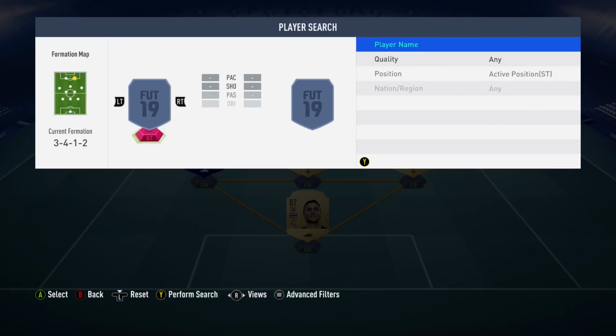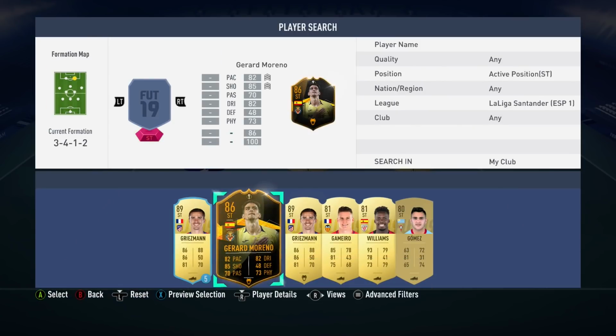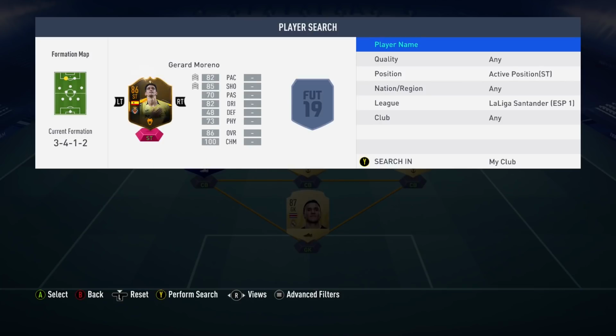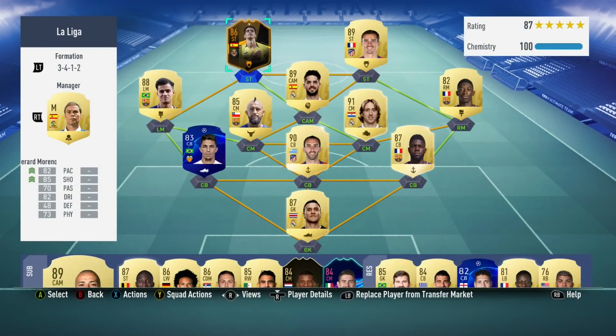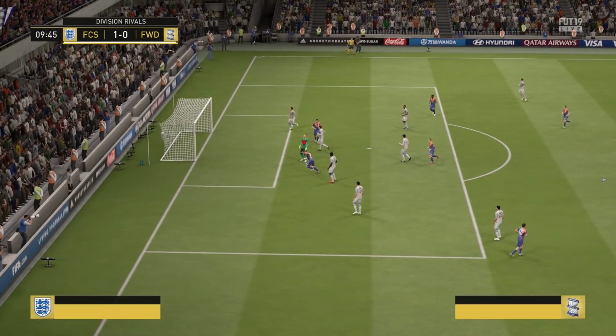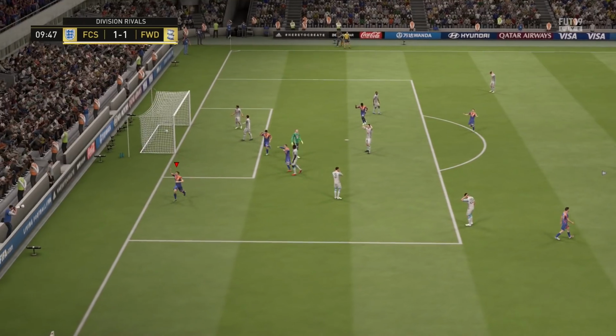Now the striking pair, we are going to go ahead and put in Antoine Griezmann, and then we're going to go for Gerard Moreno with this 86 rated version of him, which is incredible. This guy really surprised me. I could not believe how cheap he was. I picked him up for around 17k, which is incredible for an 86 rated card,